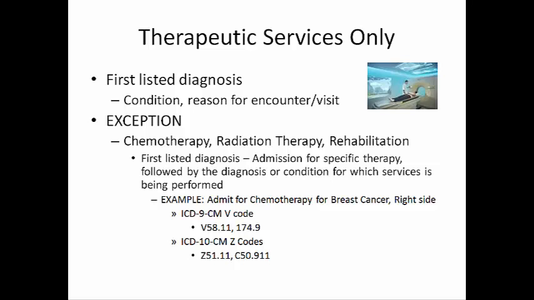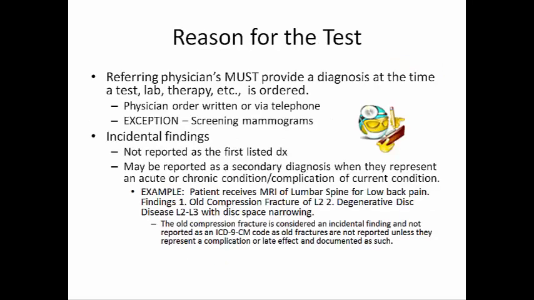So an example would be the patient is admitted for chemotherapy for breast cancer, right side. In I-9, your first code is going to be V58.11 for that admission for chemotherapy, followed by the breast cancer code, 174.9. And then there's the codes for I-10, same thing. Same concept there. So when a physician sends a patient to have a diagnostic test done, lab work performed, physical